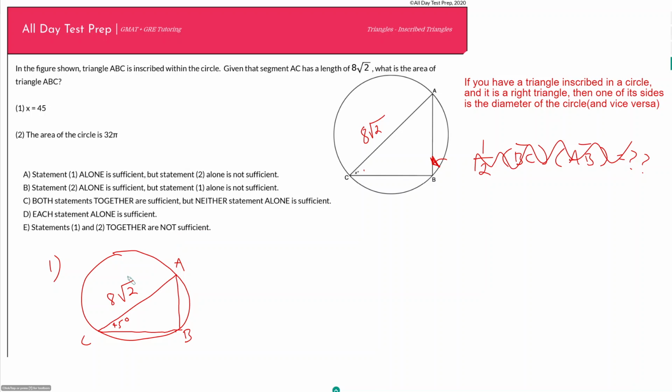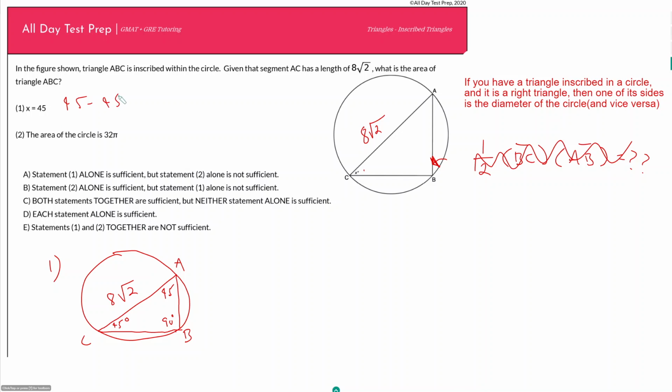Okay, so if we know that x is equal to 45 degrees, what is that telling us? Is that telling us anything that we didn't know before? So if you were to assume that this angle here is 90 degrees, which a lot of people would do looking at this picture, then you would say, okay, x is 45, this angle here is 90 degrees, therefore this angle here is also 45. Now I have a 45, 45, 90 triangle, and therefore